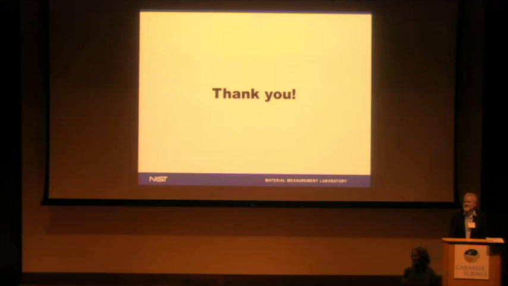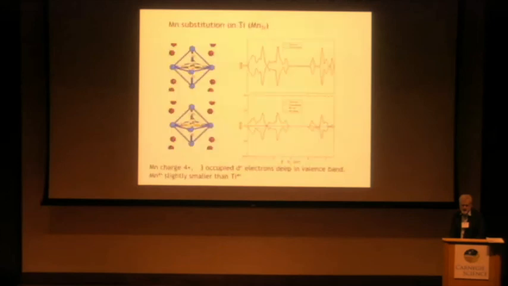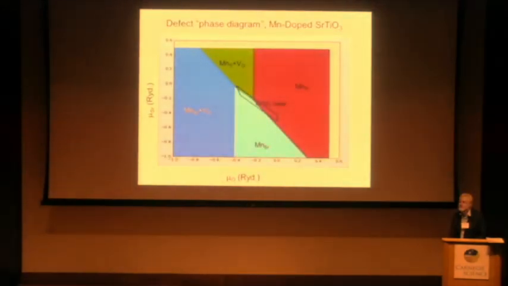Any other comments or questions? I had a quick question on the phase diagram, the defect phase diagram you showed at the beginning. So presumably the energies of those different defects would also depend on the Fermi level? Yeah, they would also depend on the Fermi level. This was a quick study where everything was kept neutral, but there are papers where they show the effect of the Fermi level, and just changing the Fermi level will change which defect is the lowest in energy, in addition to changing the chemical potentials.